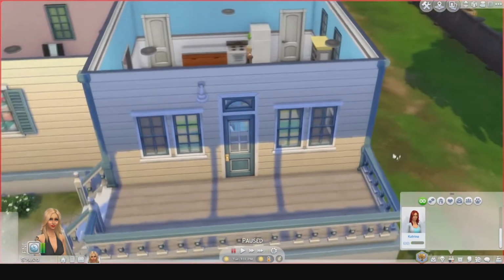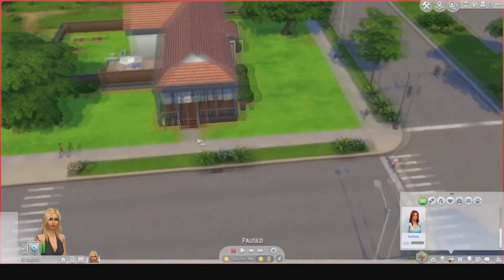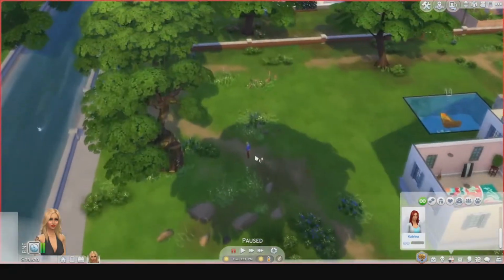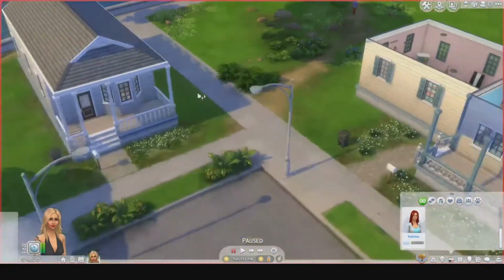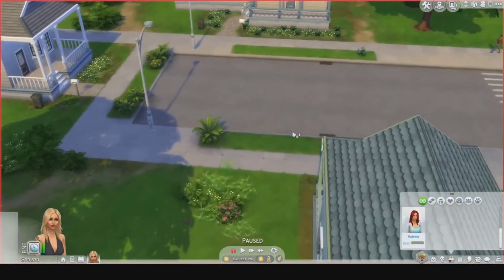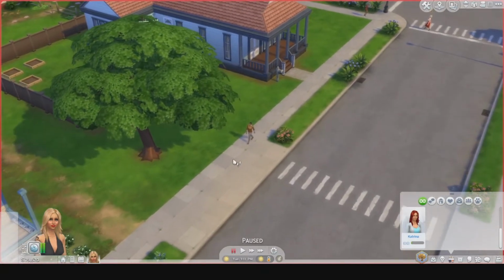So we're going to go out and venture into the world again. Might not go to a different neighborhood, but let's see what friends we have walking about. You will see some crazy Sims sometimes, so that's definitely fun to see. All right, so I do see that we have a man right here, and I already know